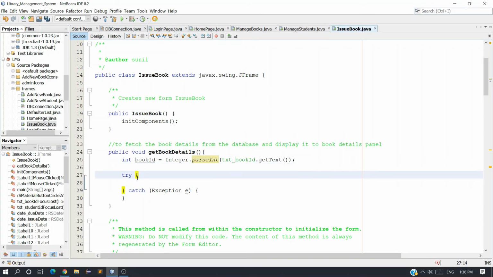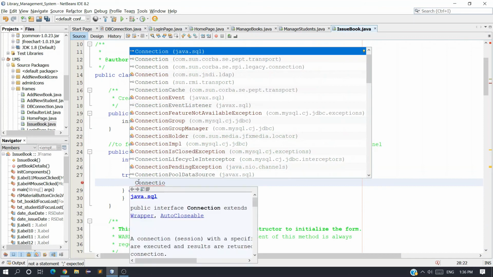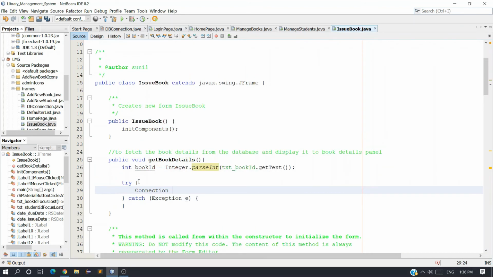So let me just create a connection object, java.sql Connection con is equal to DBConnection.getConnection. Why is IntelliSense working so slow? Again you can write the code like Class.forName and con is equal to DriverManager.getConnection.